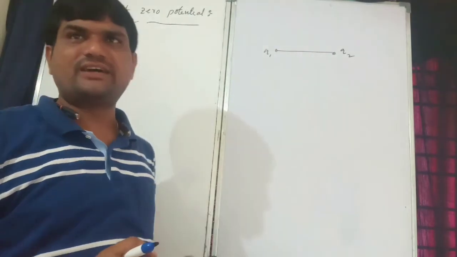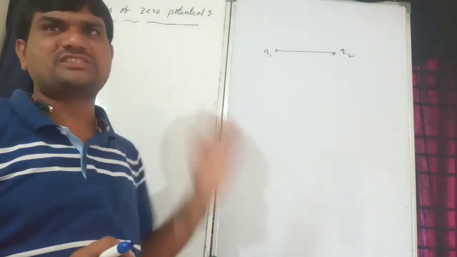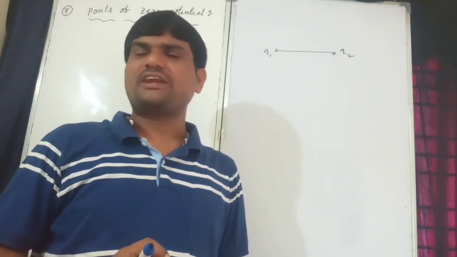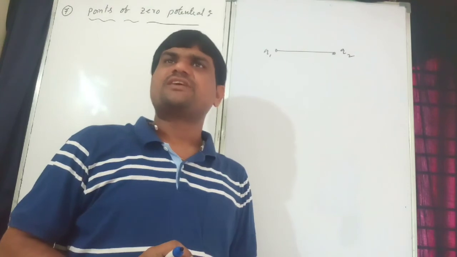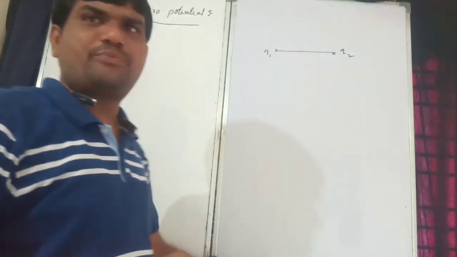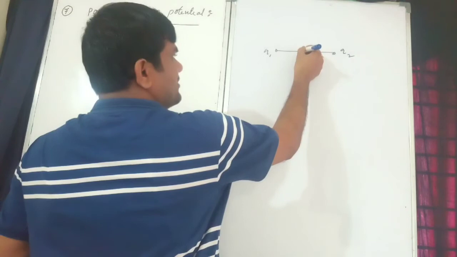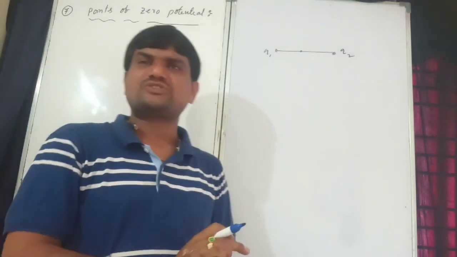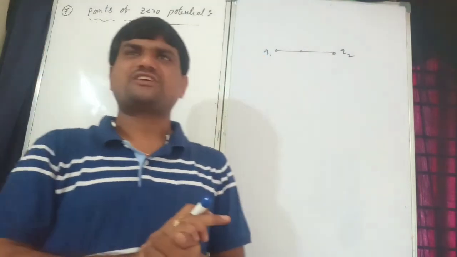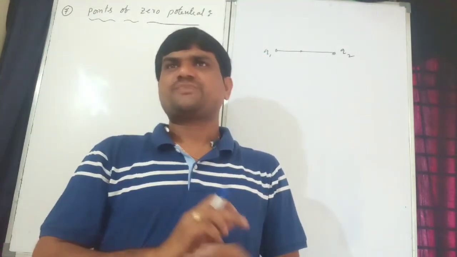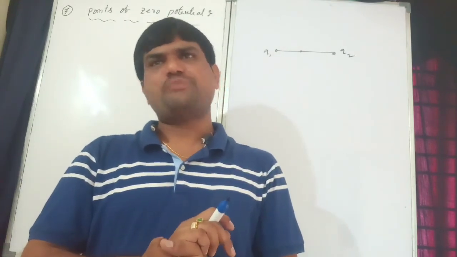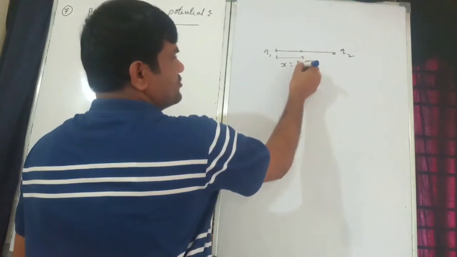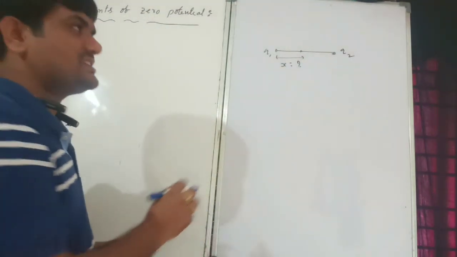Q1, Q2 will be there. So where is the net potential equal to 0? Previously also I have given, both are like charges, meaning for electric field purpose, the net field becomes 0 somewhere in the middle between Q1 and Q2. Here also the same question. Where the net potential is equal to 0? At what distance does the net potential become 0? So from here to here, x is equal to what? That is the first case.